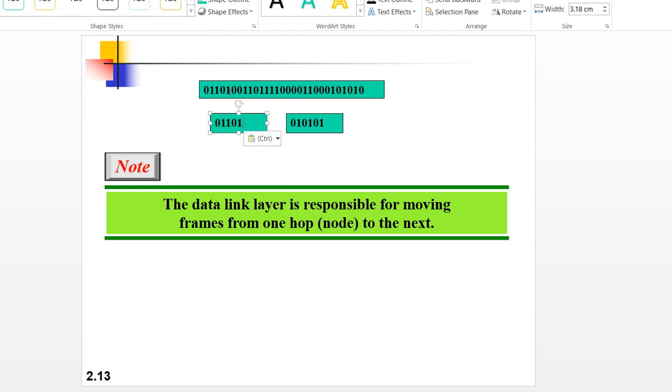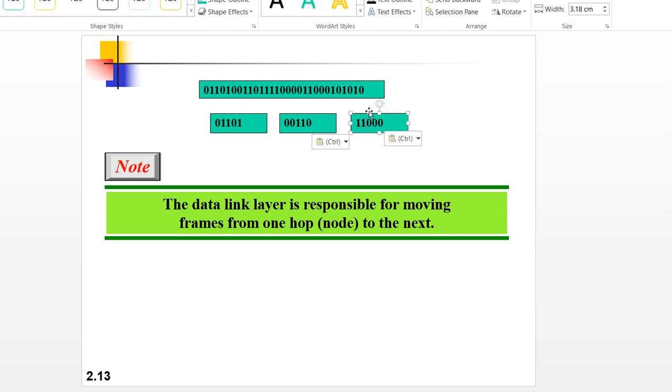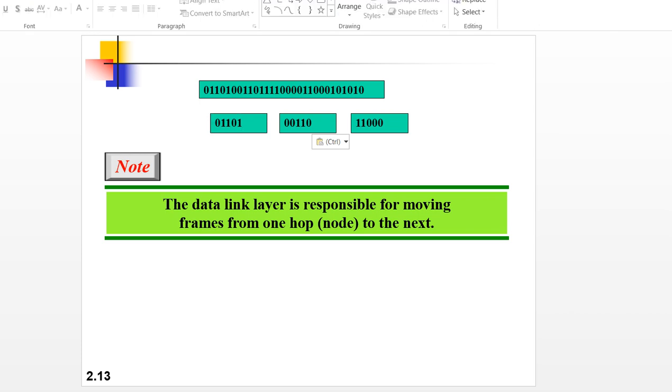Next 5 bits, it has to take. Again, the next 5 bits I will take. I am not exactly copying, but making it clear. These 5 bits are nothing but a frame. So how many frames are there? There are 3 frames: frame 1, frame 2, frame 3. Getting my point?